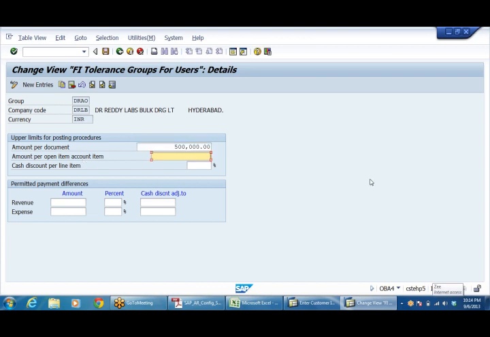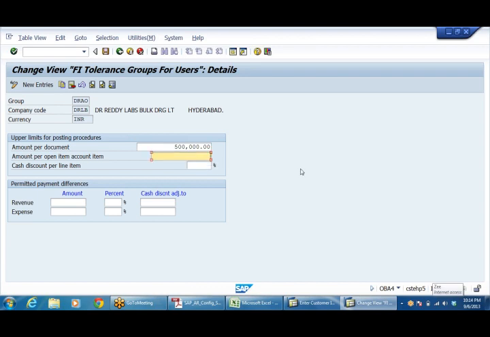Here this is going to control your vendors and customer amount. Whatever the amount that you want to give, unless you have this, the system will not allow you to post. Here the system is showing 0 amount, so that's why it is not allowing me. Similarly, if I want to give any customer discount, I have to mention here. Whatever the discount amount, 5%, 6% or 10%, you have to give here. Otherwise the system will not allow you to give any discount.